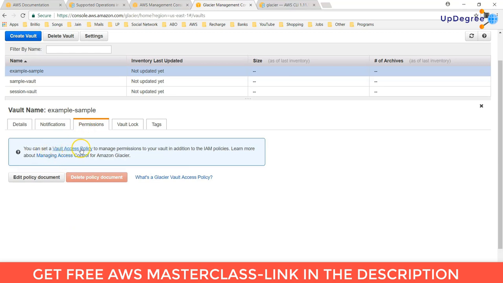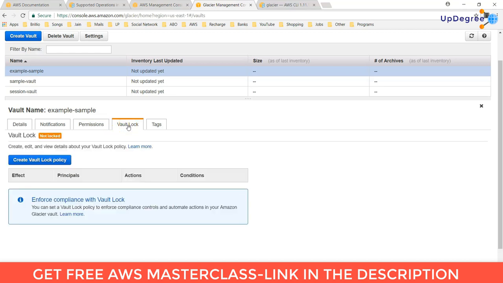Permission. So you can set a vault access policy to manage permission to your vault in addition to the IAM policy. So you can create a vault lock policy. You can set a vault lock policy to enforce compliance controls or automate action in your Glacier vault.